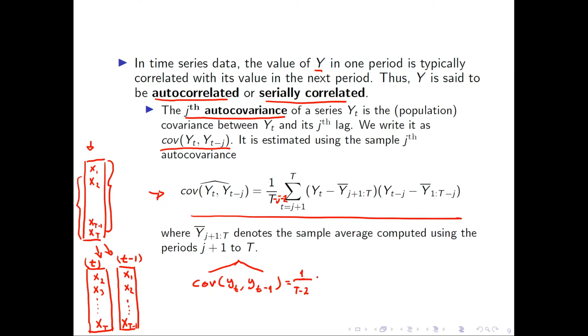And you can then just take the sum from t equals 2, which is j equals 1 plus 1, times yt minus the average value of y from j plus 1, which is in our case 2 until t. And look at that, we have that